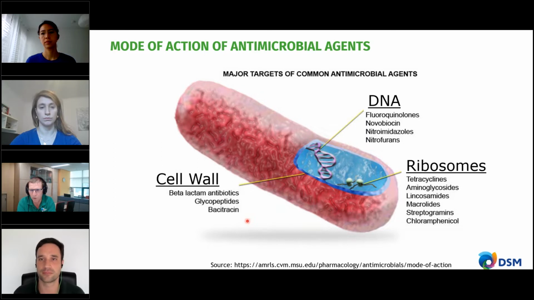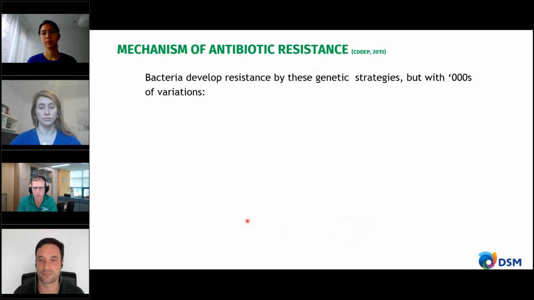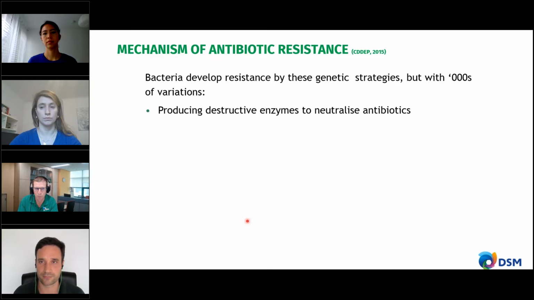And depending on what those compounds do, they will disrupt the metabolism of that bacteria and ultimately kill it. And so when we start looking at the mode of action, we can start to see that depending on the antibiotic, there are many different mechanisms of antibiotic resistance. And even though there's a couple of mechanisms, there's actually thousands of variations. And this will become obvious in the coming dot points.